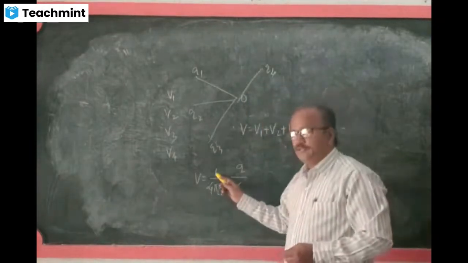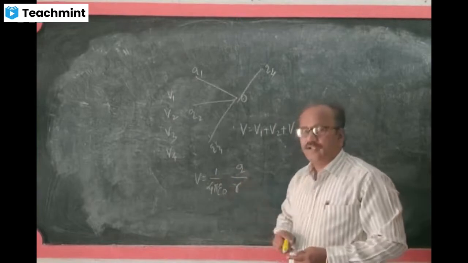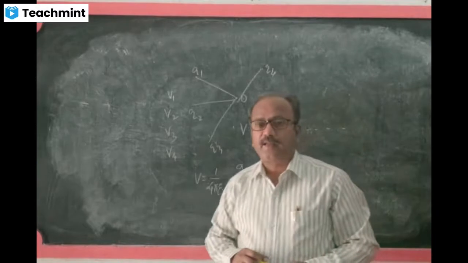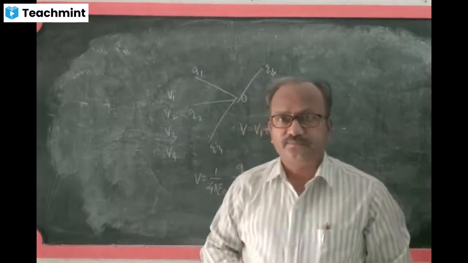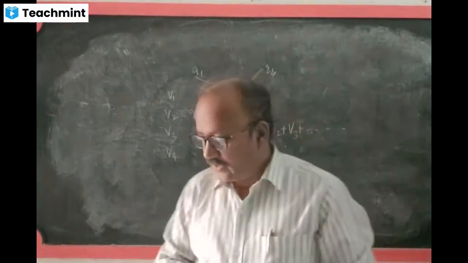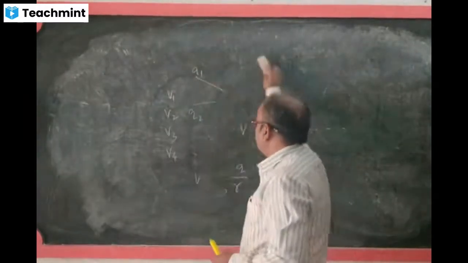Whereas if the equation is 1 by 4 pi epsilon naught, charge by distance squared, that is the equation for electric field, which was already discussed in the first chapter. So let us discuss the next point,